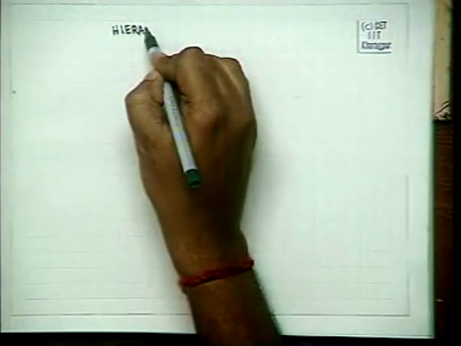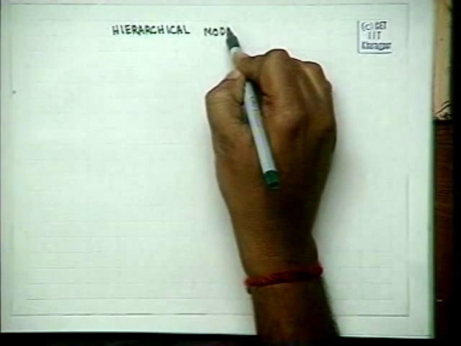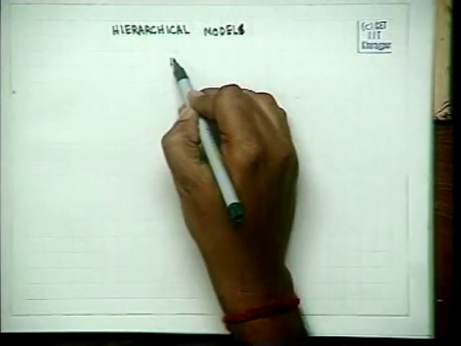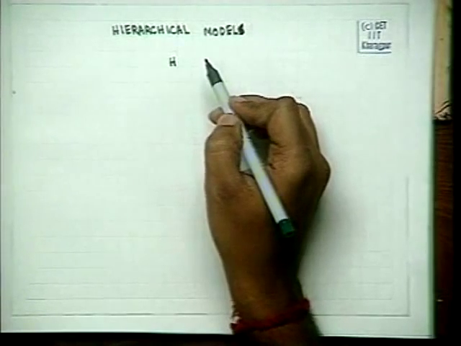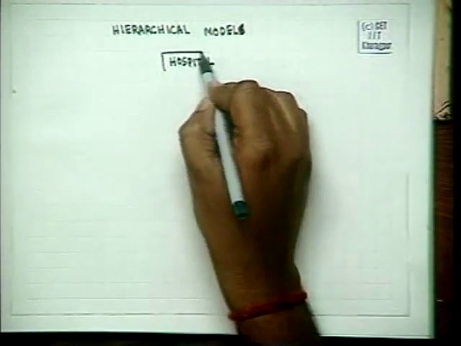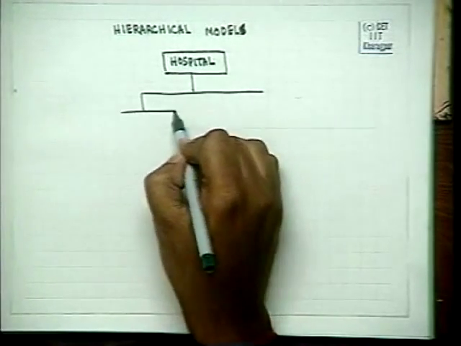But the hierarchical model is useful in other applications, in applications where the structure is inherently a tree. For example, a hospital. The hierarchical model is useful in structures which are essentially trees. Take a hospital, or the hospital records of a particular city, are broken down into